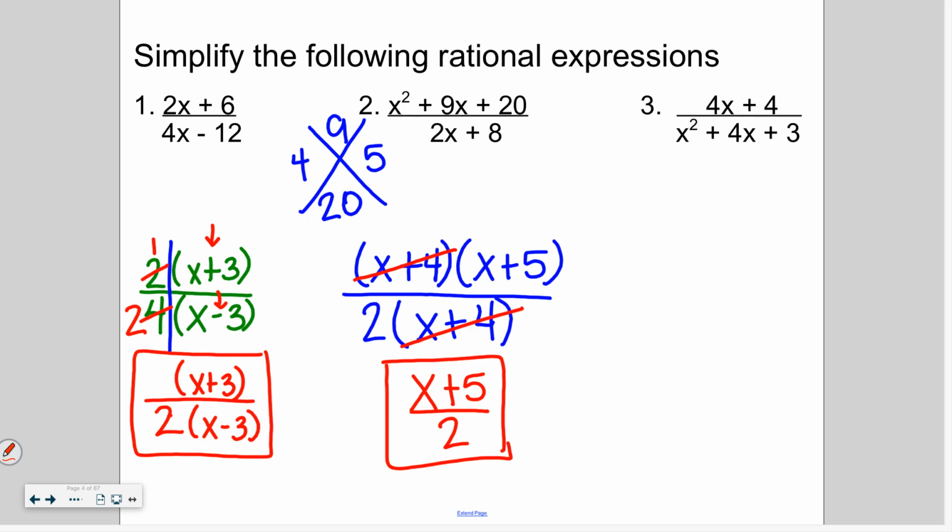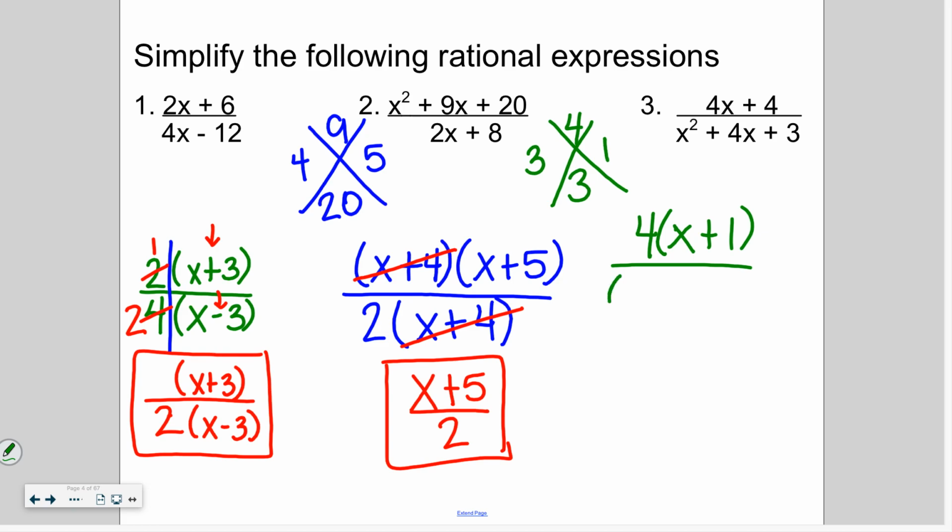All right, let's look at the last one. If I look at the top, I have 2 terms. So I have a GCF of 4, so I can take out a 4. And I'm left with x plus 1. All right, on the bottom, I have 3 terms, so I'm going to go to x method. So multiply to get 3, add to get 4. My factors of 3 are 3 and 1. So x plus 3,